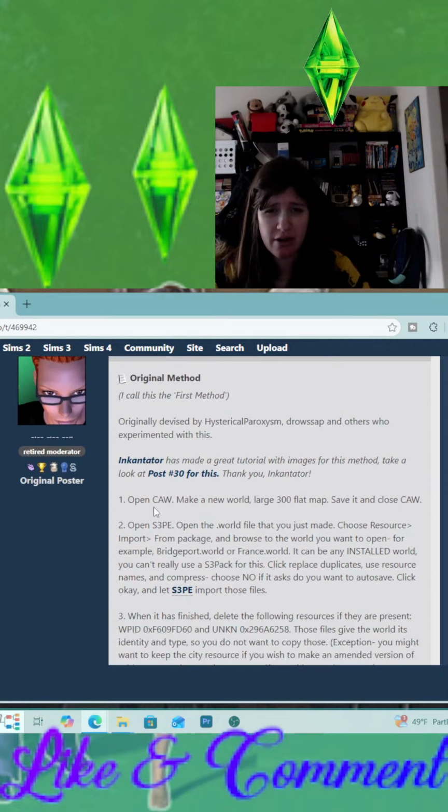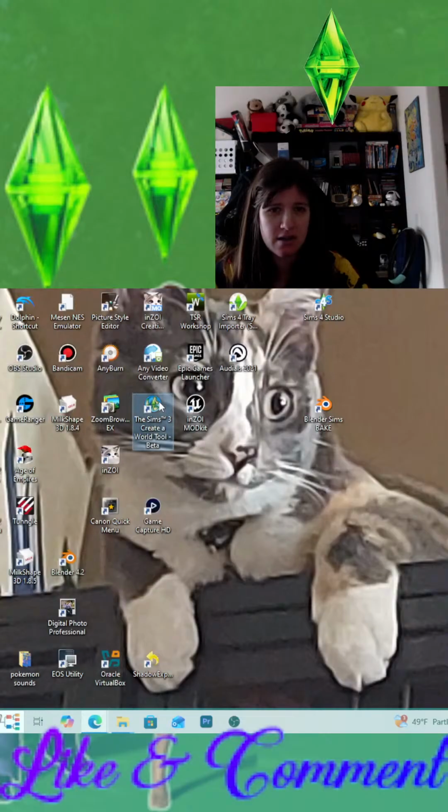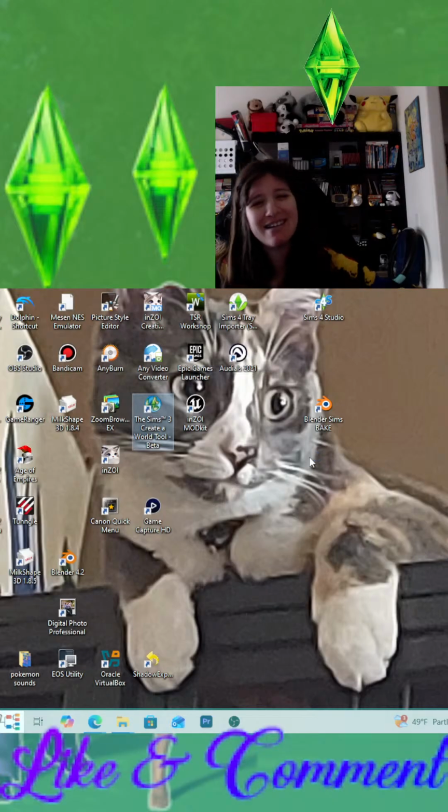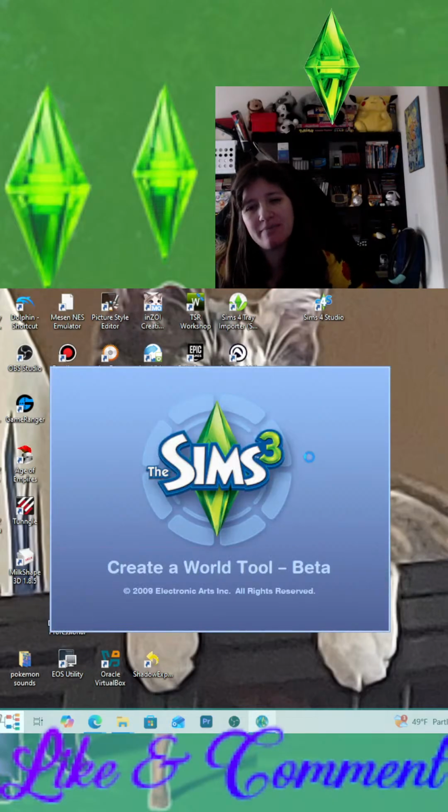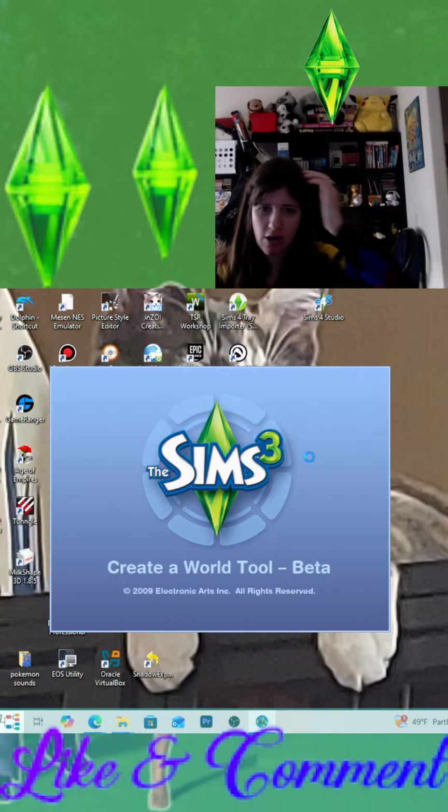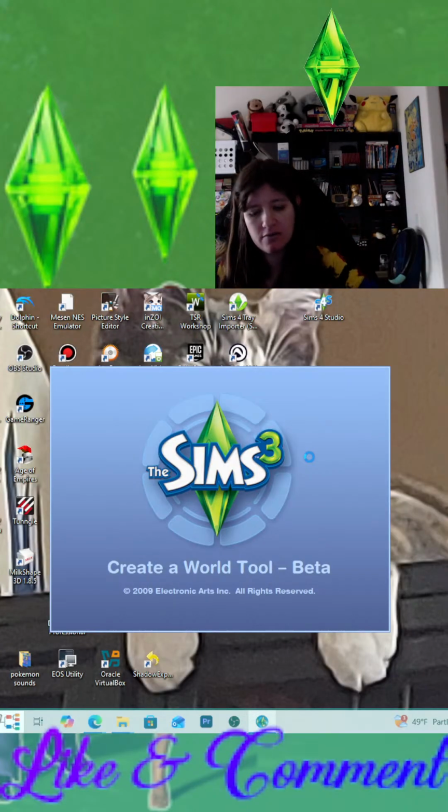It says open up the create a world, make a new world, close it, and then go into Sims 3 PE. I don't think it's gonna take very long. The most that's gonna take forever is loading everything, like the create a world and the Sims 3 and all that. Yeah, so we're gonna open up create a world, make a new file with the 300 height